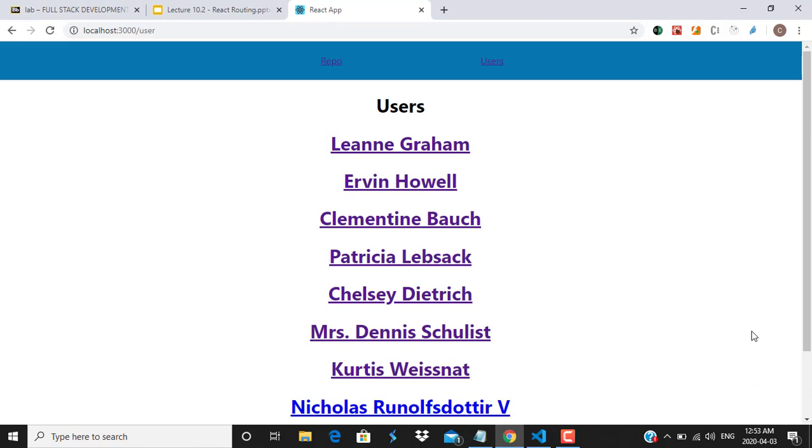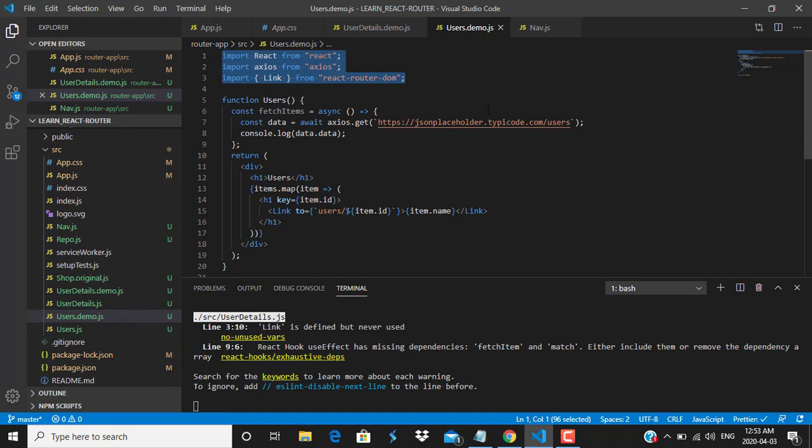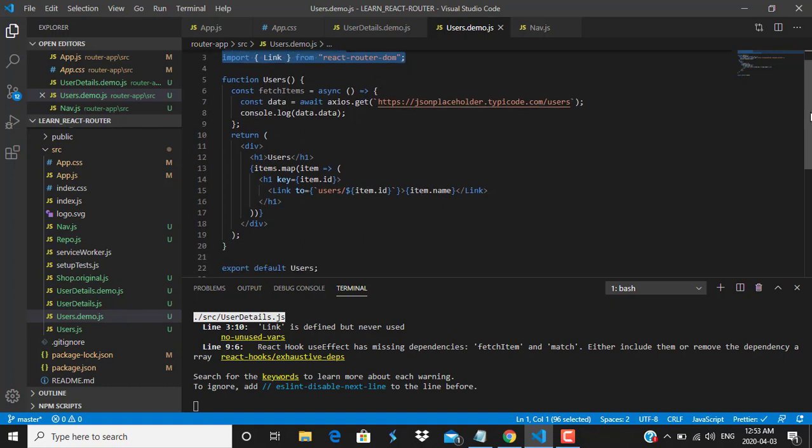What I didn't actually show you is how to build these links out. So how would I build these links out and pass the ID and click to the user details? We didn't actually look at that component. This is called the user component. And what we did is we imported Link and we imported Axios. Now there are some things I'm holding back here, because I'm going to talk about state in another session. I'm going to show how to use state for this, but for right now, just suspend disbelief